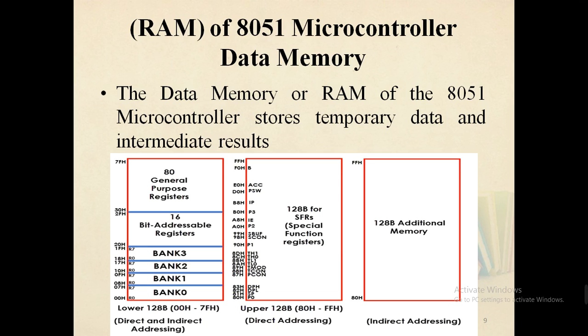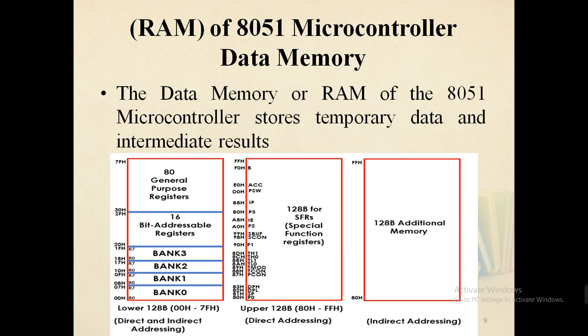The next 16 bytes of the RAM, that is from 20H to 2FH, we call bit addressable registers. There are totally 128 bits that can be addressed individually using 00H to 7FH, or the entire byte can be addressed as 20H to 2FH. For example, bit address 32H is bit 2 of the internal RAM location 26H.